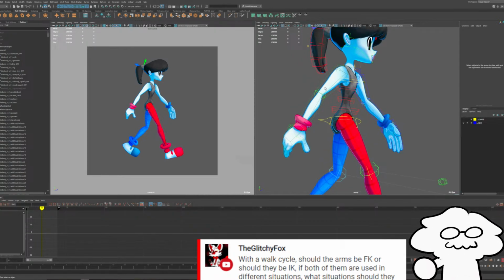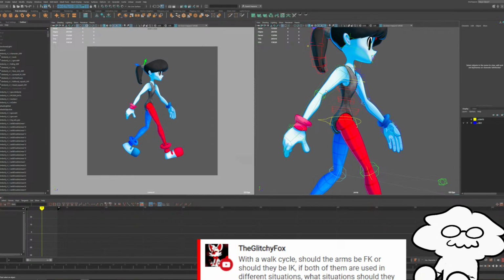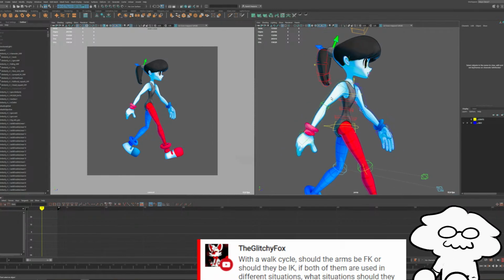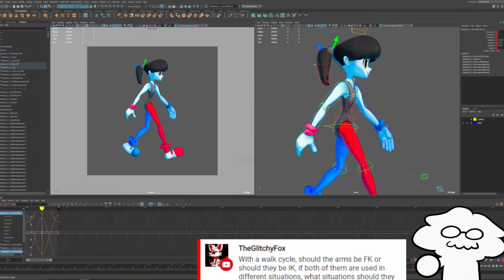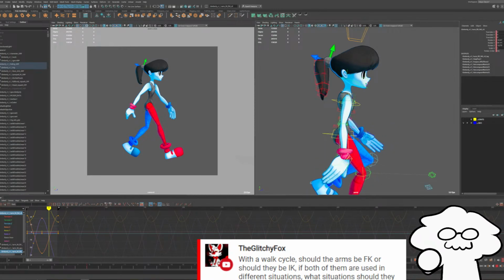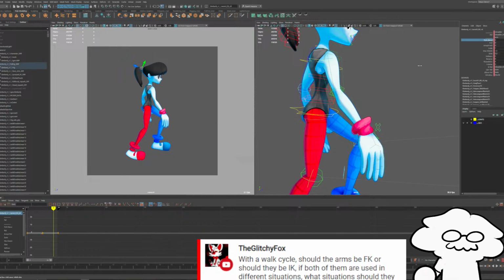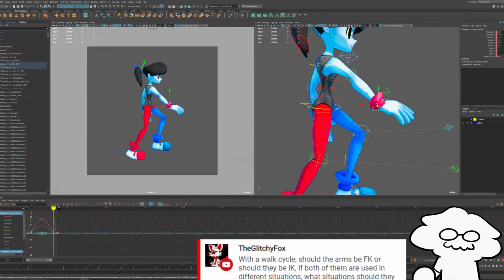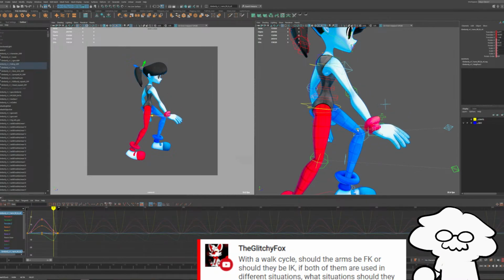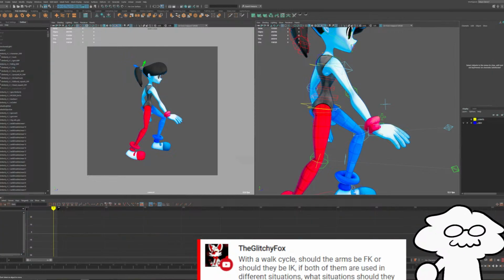The exception would be if your character is holding a staff or something like that, then you would want one of the arms in IK, just like you would with any other type of device. But normally you want an FK because you want that swing in the arms as I go through it, because you can't really do it in IK. If you did it in IK, I can kind of show you. Like this, then you could do a swing, but it's going to feel very clinical. You know what I'm saying? So generally you want it in FK most of the time.